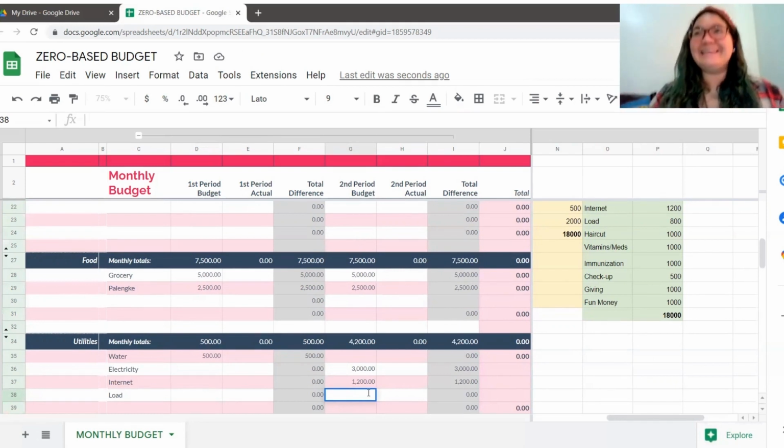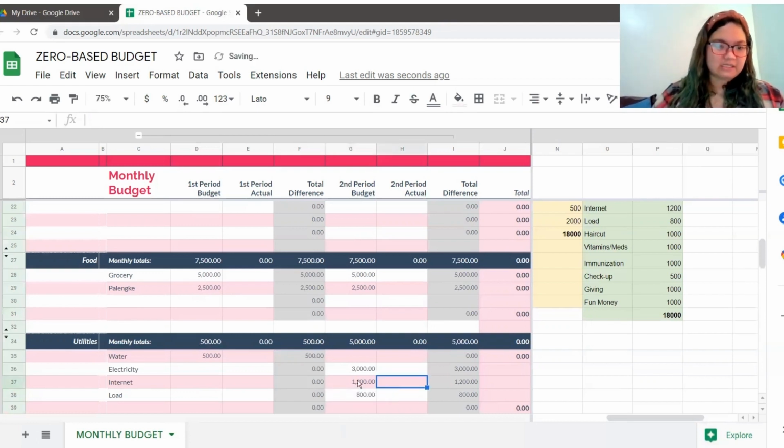So merong only text to all networks, and then meron na ring internet. Ayun. So yun, ginagamit nila. So 800 since meron din naman silang internet, no. So pwede din yung